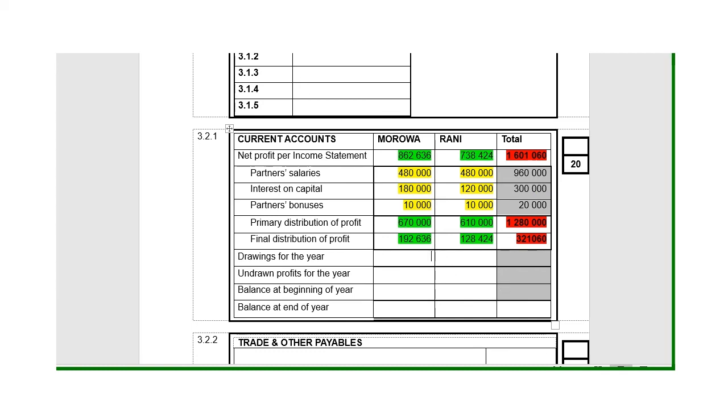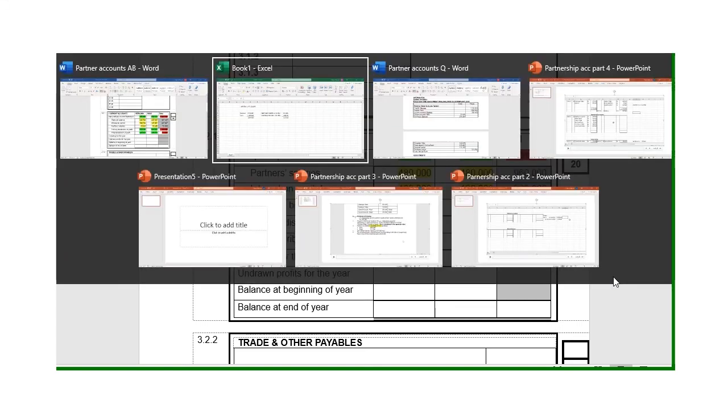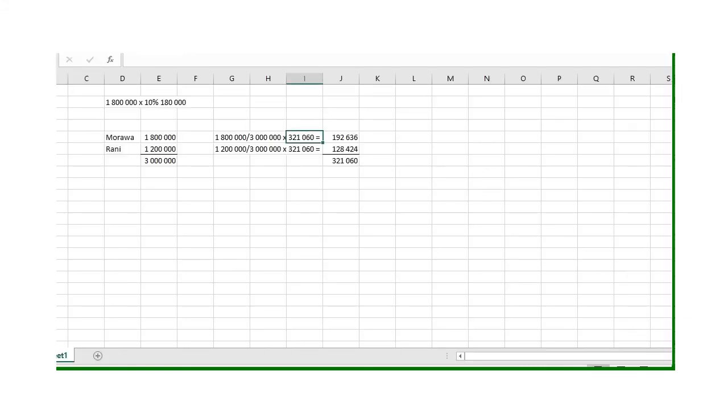The drawings, no problem. That will be according to what they give me. So next one, we will look at the completion of the